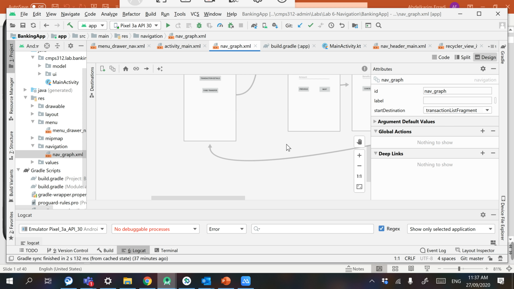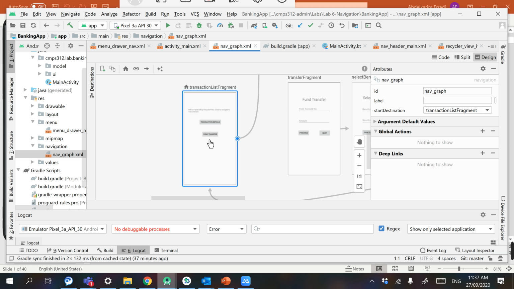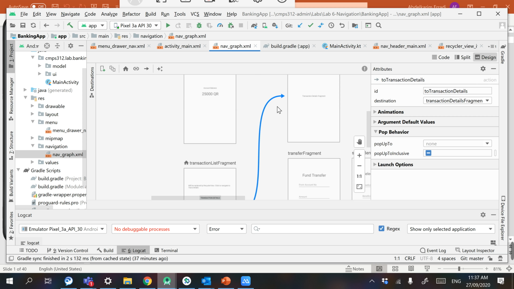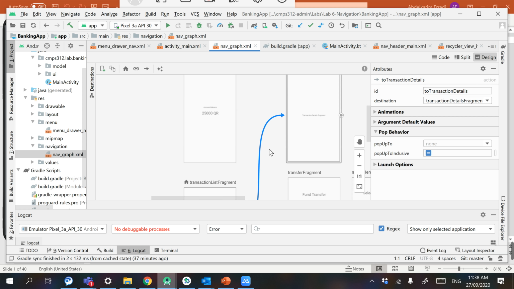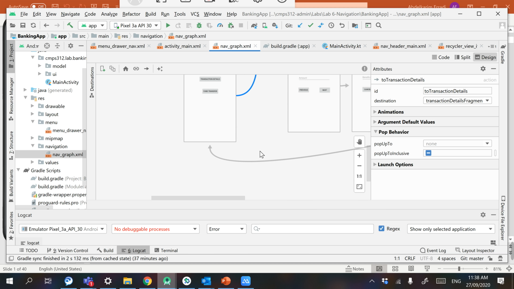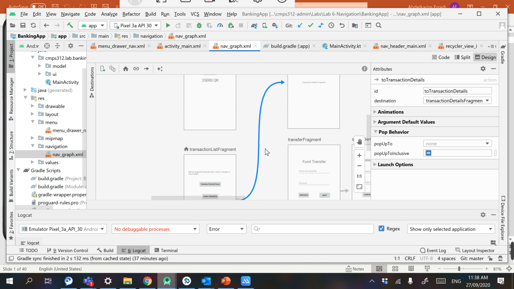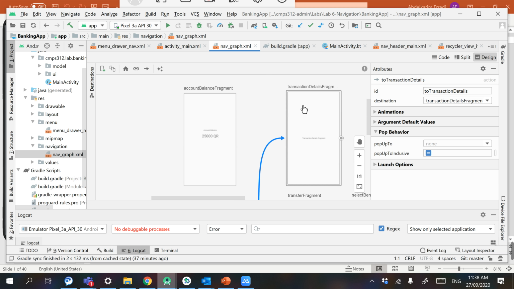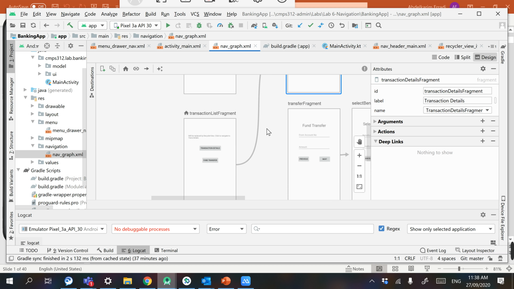So what we find in the nav graph, we find destinations. These are possible places or fragments. There are possible fragments that the user can navigate to. And actions are paths between these destinations. So it's a possible path the user can take from one destination to another. For example, when the user starts, they can either go to, in this case, from this activity